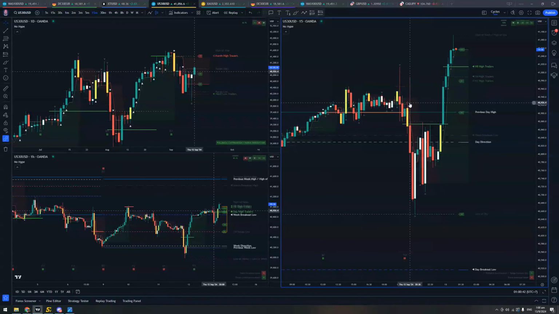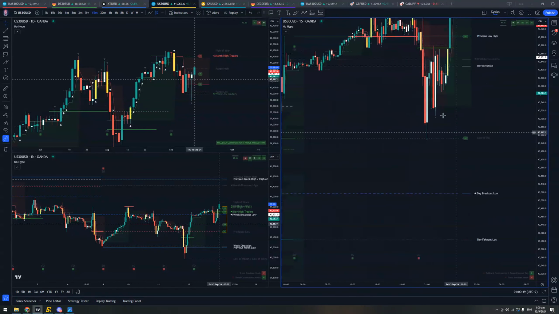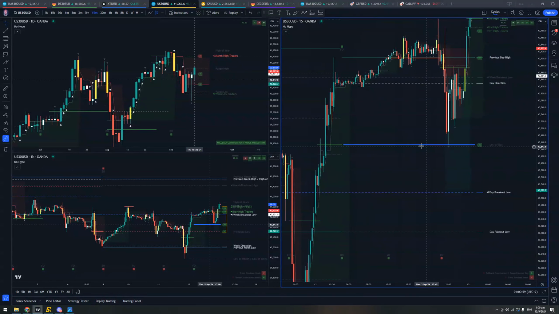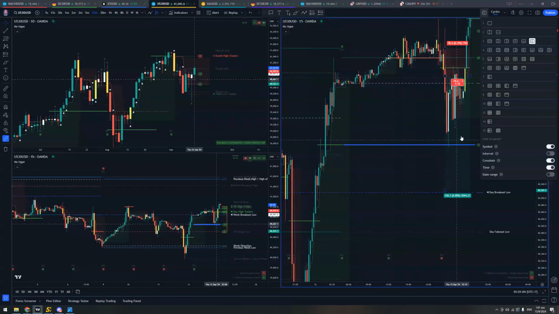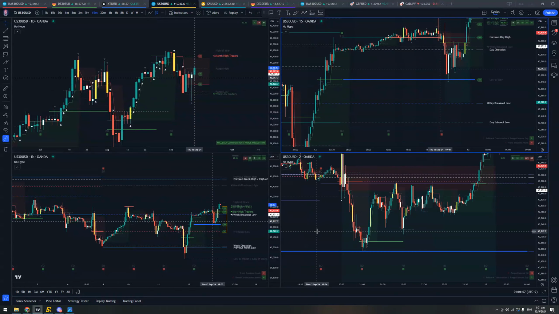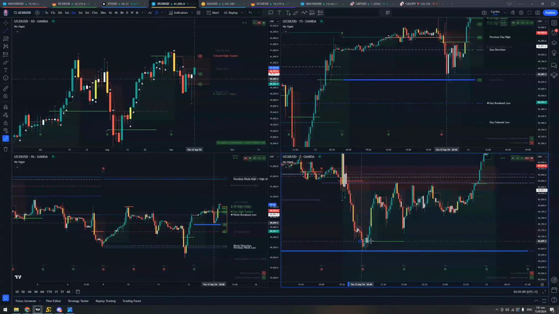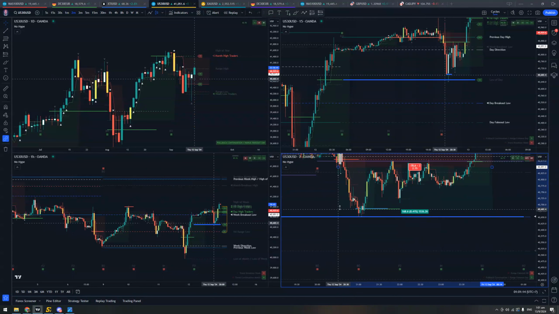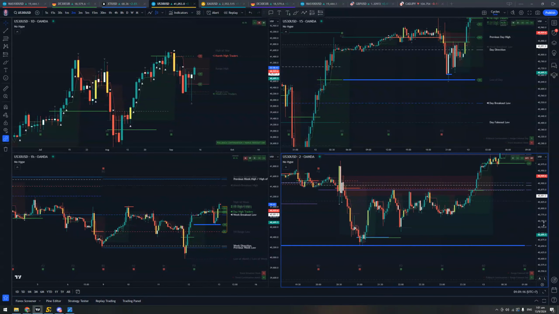NY opened up, faked out the M15 high, and as price got below the M15 low, I entered one bar stop, and I was targeting the daily breakout level, but I was fully aware of the H8 breakout level right here. I'm always bullish above and bearish below these breakout levels. I always know where they are. As price got to that level, I popped down to the lower time frames and I saw the previous H1 low get faked out right here. And once that happened, I exited my position. So I took about 2R on this move.